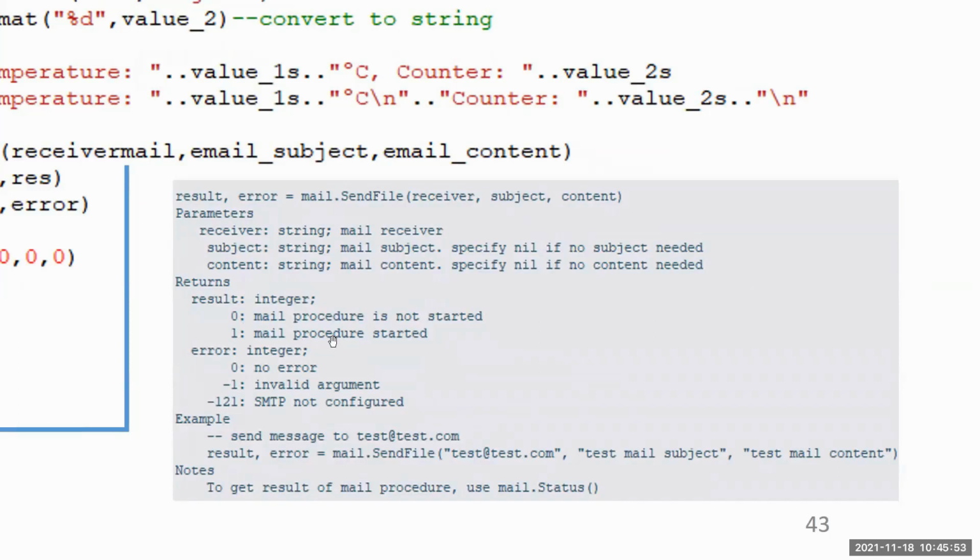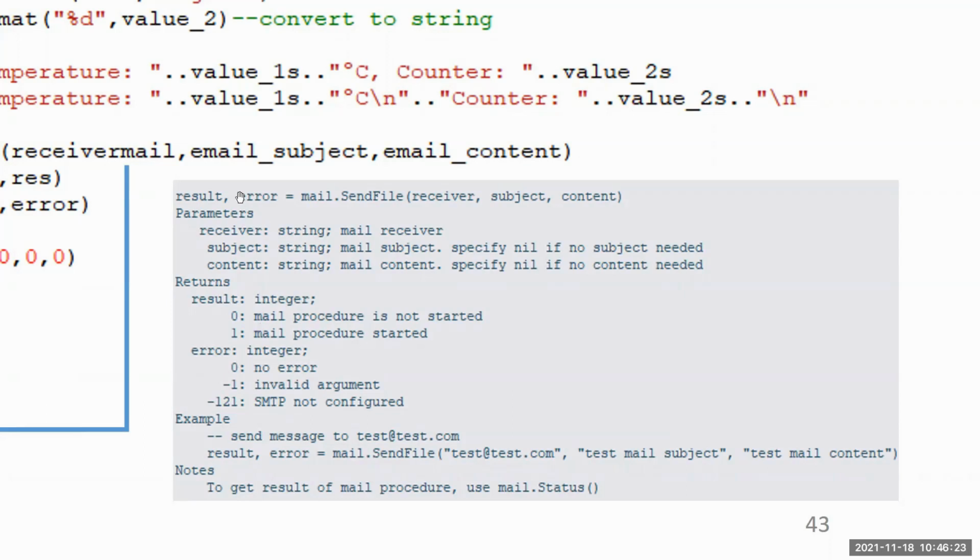Okay, it just starts the procedure. And error in case there is any problem. For instance, if I use a not valid argument on my mail.send function, or maybe the SMTP server has not been properly configured on my DIAScreen project, then I will get this error. Okay,